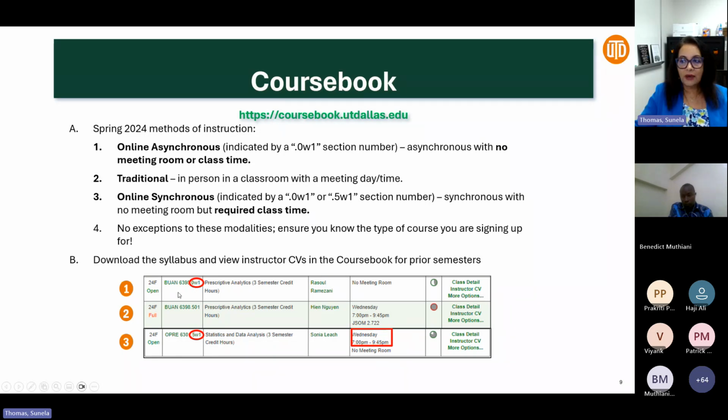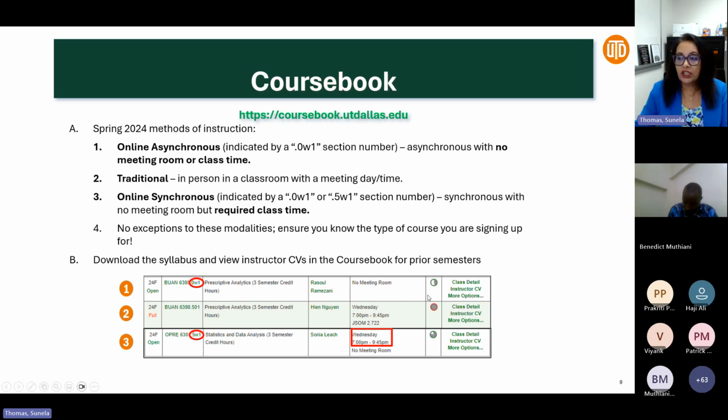So if you look in part here, you see something that says OW. The W shows that it is an online class. Okay, it's online asynchronous, meaning you're on your own. The material is there. You submit your assignments online. There may be videos there that you can watch, but you just learn on your own. Which is typically what I would say, if you're a first semester student, as an F1 student coming here, I would recommend you not taking any online courses.